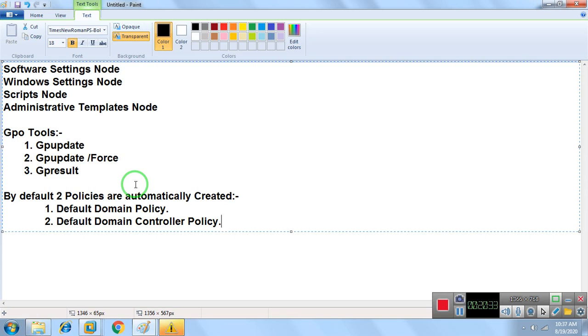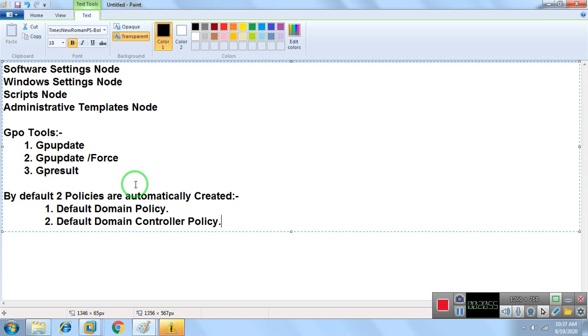Every domain network has these two policies. The Default Domain Policy applies on the whole domain network, and the Default Domain Controller Policy applies only to the domain controllers, not on the full network.